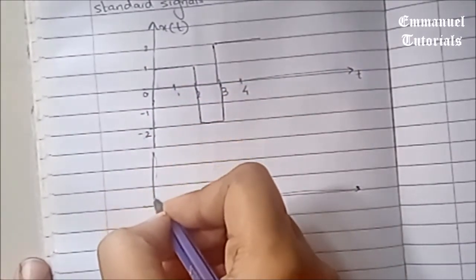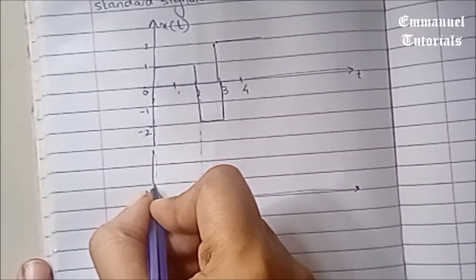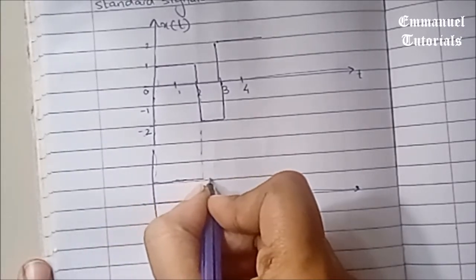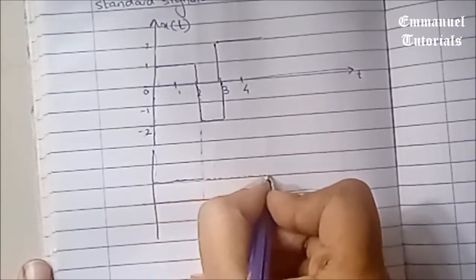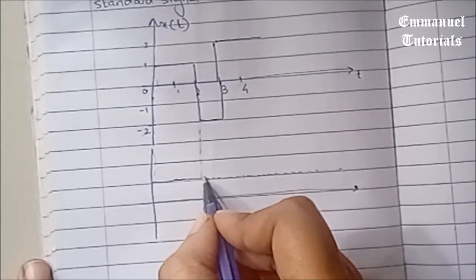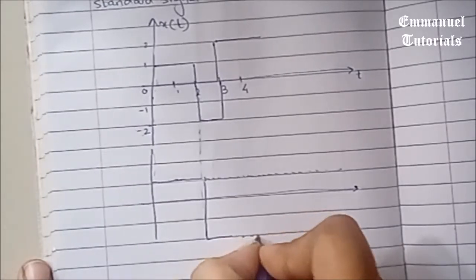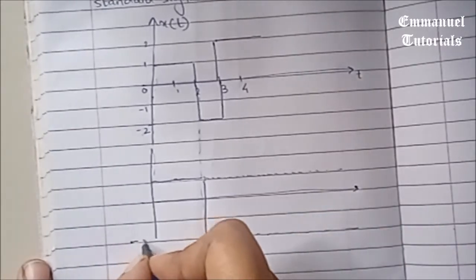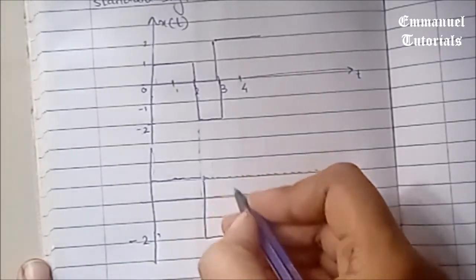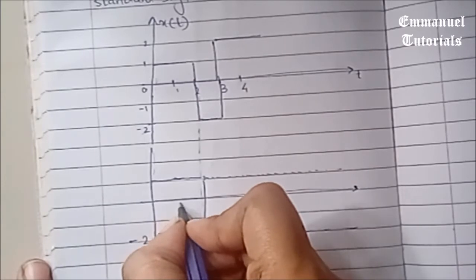So let's take this section. This section will be having amplitude 1. It's anyway starting from 0, so it's like a unit step signal. Now after this we will denote it by dots. Then again here you can see that it's a unit step which is negative with amplitude -2, and which is again extending to infinity from 2. And then again we have a unit step at 3. So let's write it down.